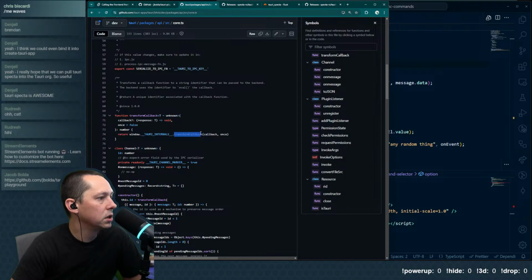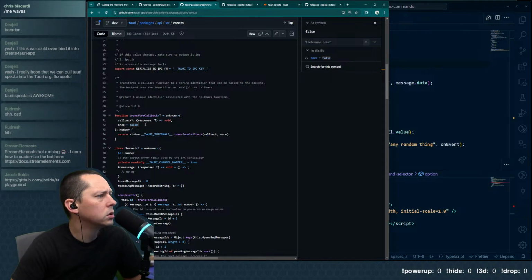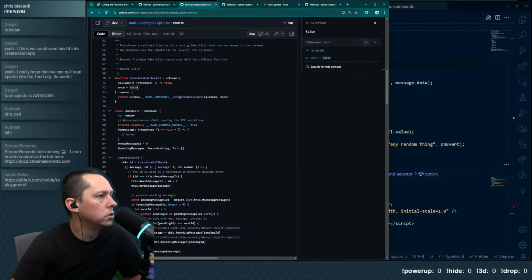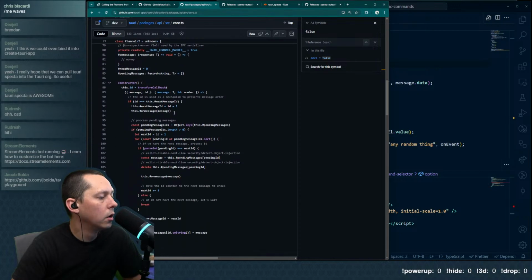It's using the transform callback, and we're setting once as false, so the callback can happen more than once.